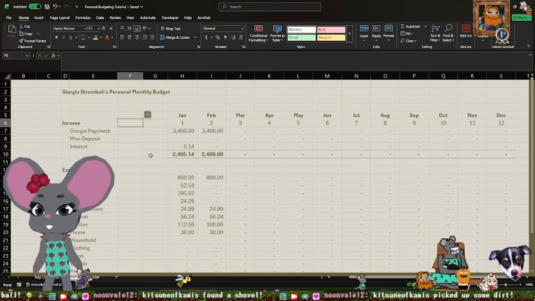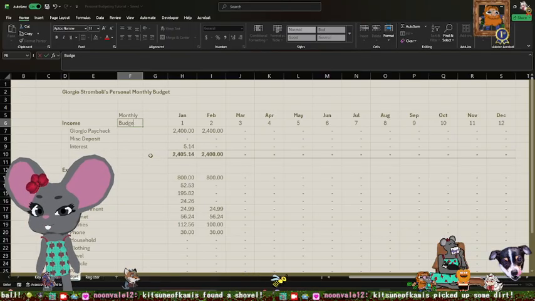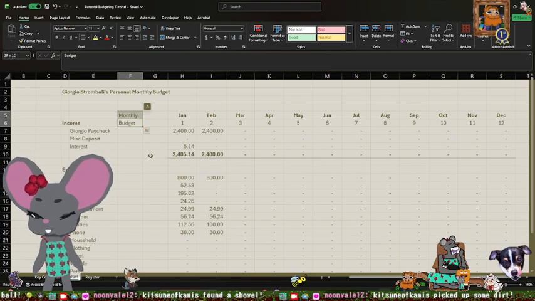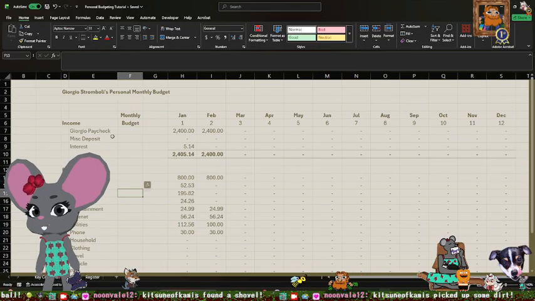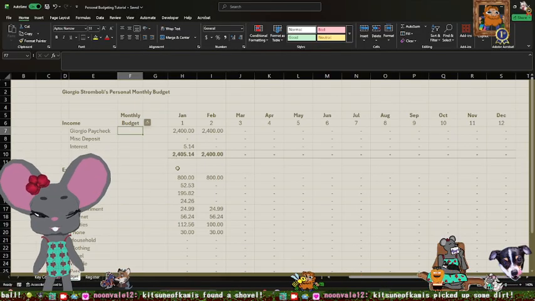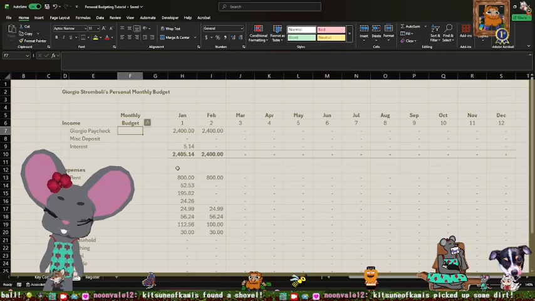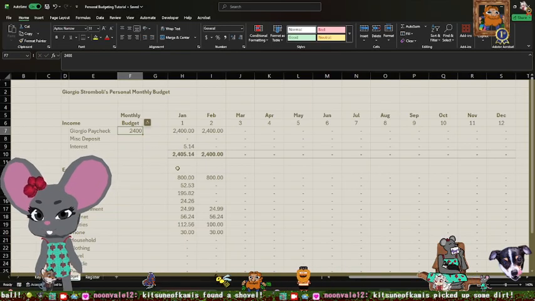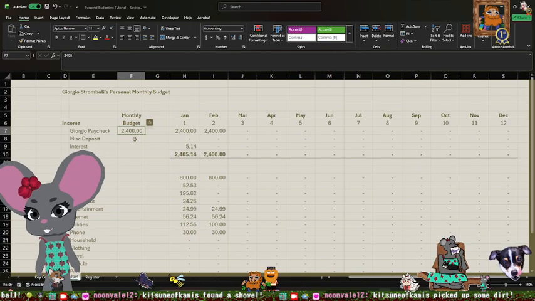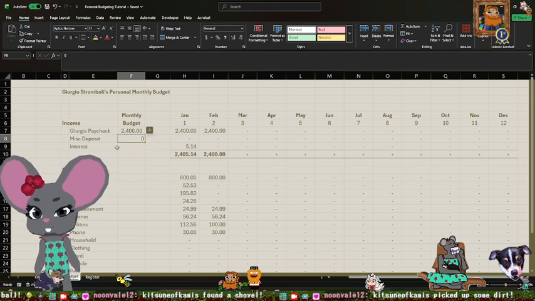So let's call this column monthly budget. So with our pay, we know we're paid a steady rate, and we do expect to make $2,400 a month. And miscellaneous deposits are not anything planned, so that's gonna stay 0.